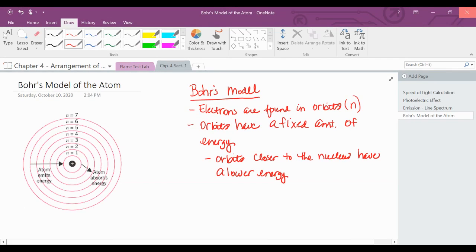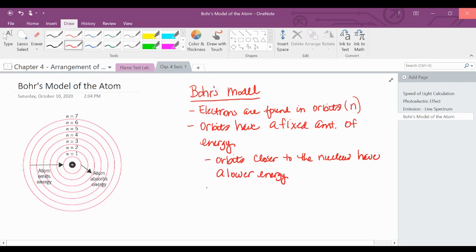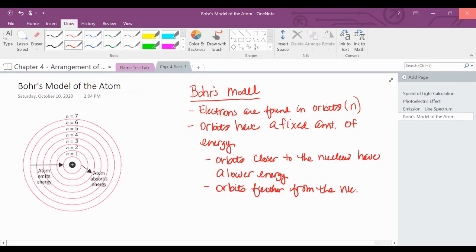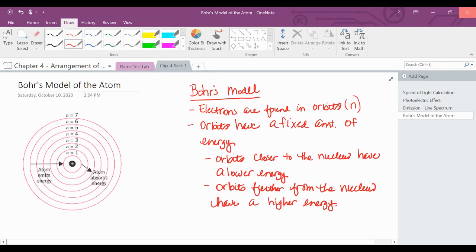And orbits that are further from the nucleus have a higher energy. And so he actually calculated this energy relationship, but we can really talk about it using our emission spectrum for